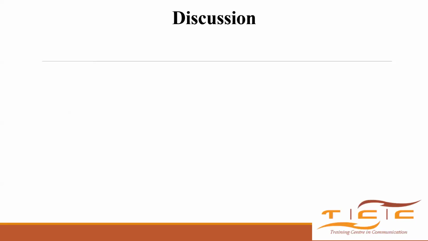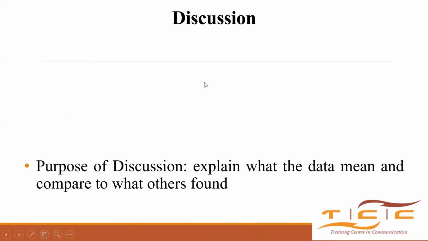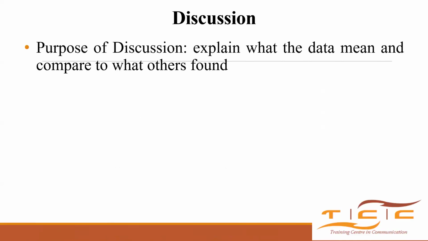After the results, we have the discussion. Now, the discussion is where you are going to interpret the result. This is just an interpretation. This is where you tell us what the results mean. So if you find that there was no difference, or there was a significant difference between certain things, then you need to tell us why one scored better than the other, or why there are no significant differences, and then you tell us what other people have found and compare whether they agree or they differ. And if they differ, why do you think they differ?